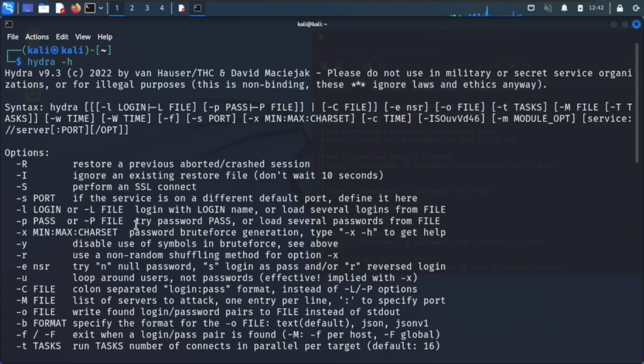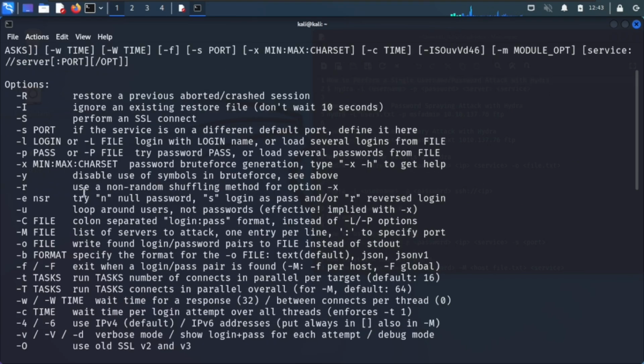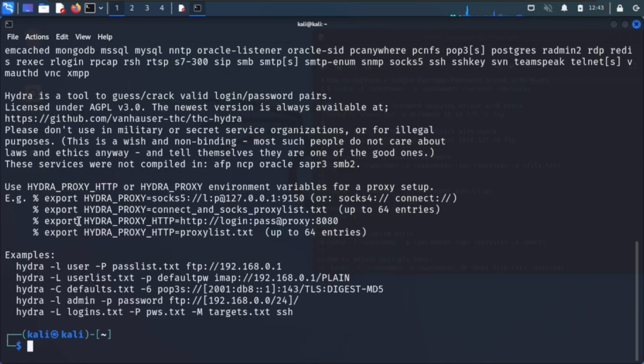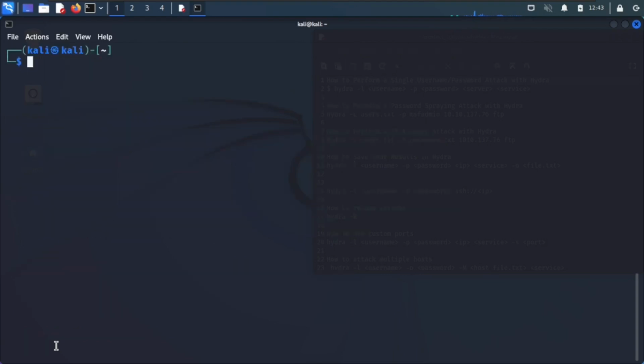You can use, and you have some examples at the end, which gives you how you can leverage Hydra for password cracking. So I'm here to walk you through from beginner to advanced. So the simple way to use Hydra is